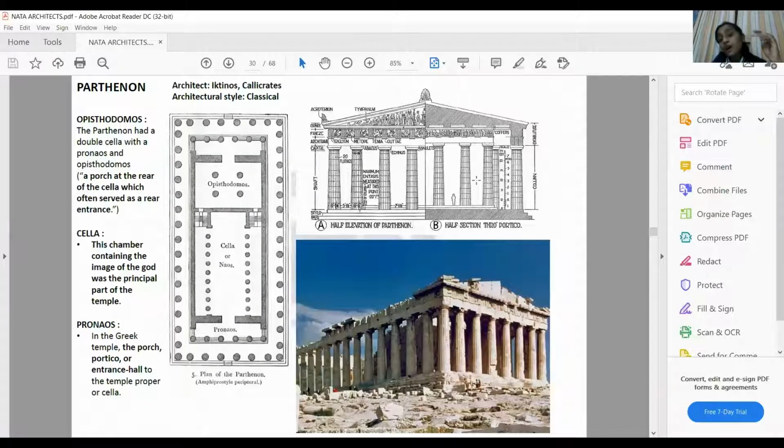So you can observe how the usage of columns has been taken in this particular style, where they started using the trabeated style of construction, with vertical posts and horizontal members. That is the kind of style that we can observe, where again it gets divided into the base, shaft, and capital. Then you have a series of continuous bands referred to as the architrave, and on top of it you have the frieze, and it is overall topped with this triangular pediment on top.